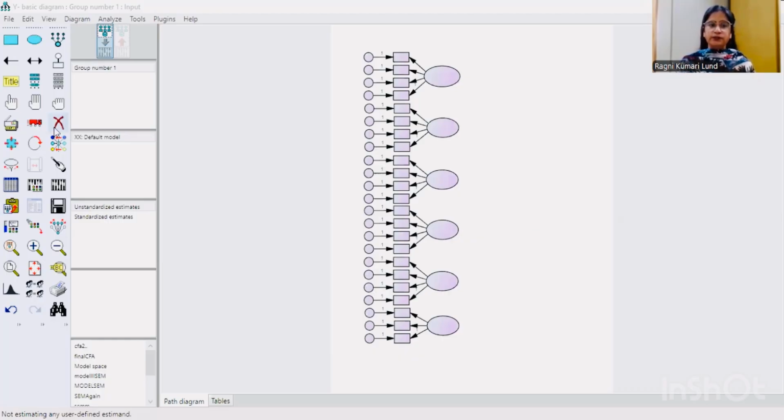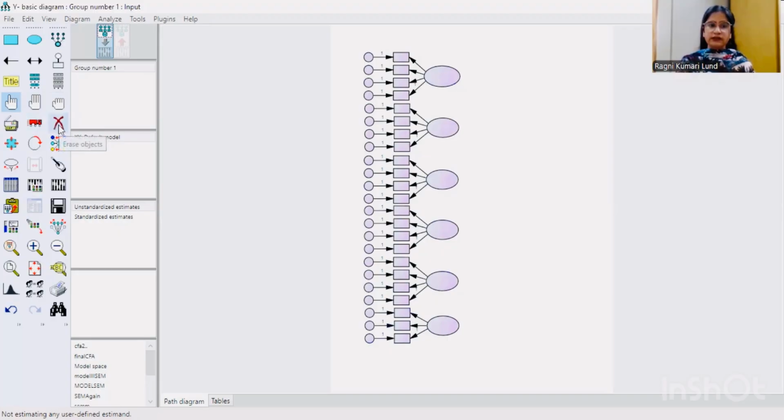Let's have a look at other options, like select one object at a time. If you click that, then only that particular object will be selected. Then we have select all, then deselect all. Here, these rectangle shapes are the number of items, and these circular shapes are the error terms. Slowly and gradually, we will learn how these shapes and error terms work.